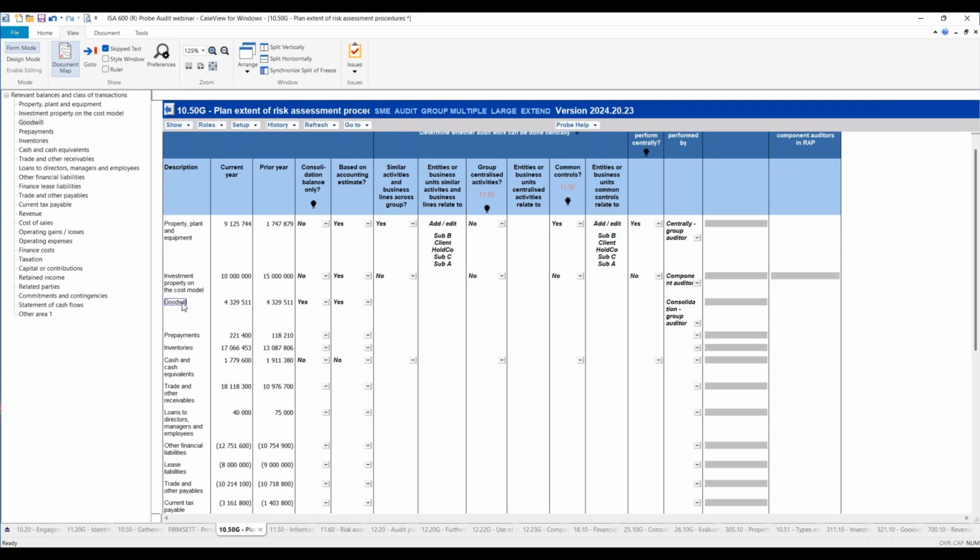What's different about the goodwill one? We said this is the one that has a consolidation balance only. So I said, yes, it's a consolidation balance only. Yes, there's an estimate. Why is there an estimate? Well, for us to determine how the goodwill came about, there's fair value determinations. And so therefore,